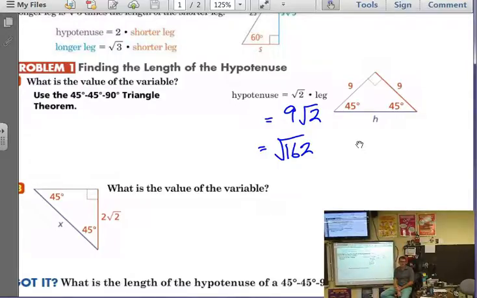But we're not that worried about that. Now radical form is always the most accurate. But if I was asked for decimal form, this would be approximately